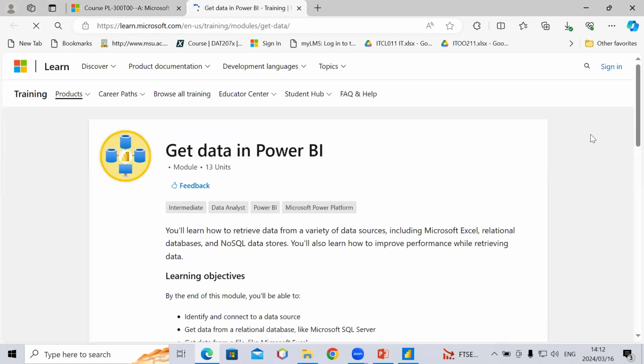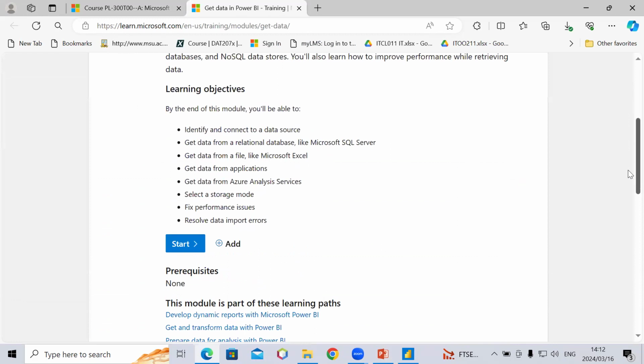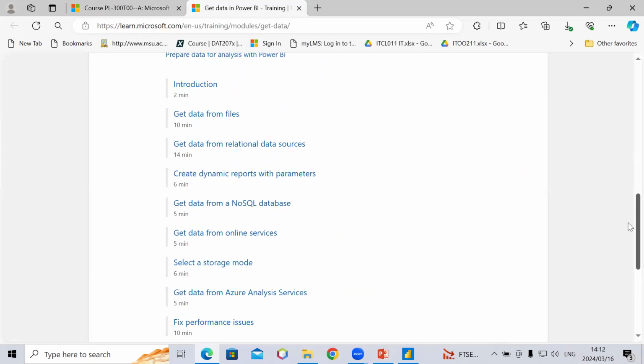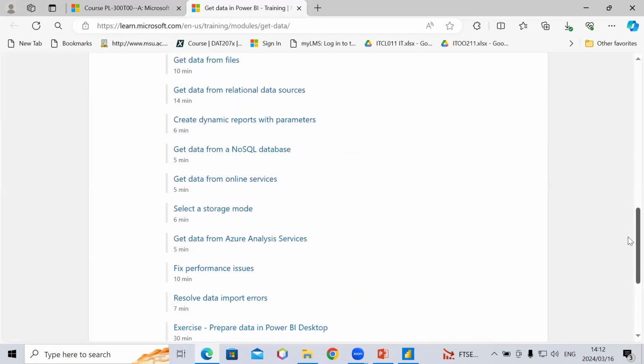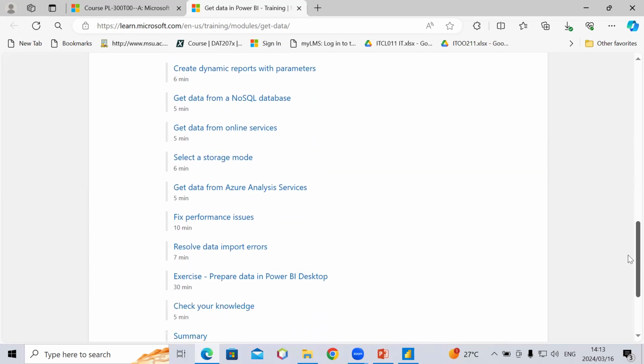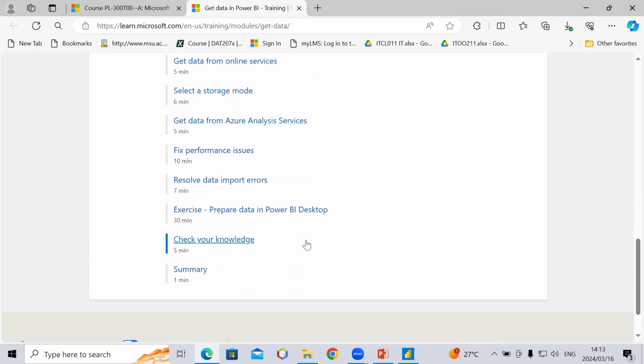When you click on it, I've spoken to you about the introduction, get data from files, get data from relational databases. So relational database is the primary key and the foreign key, and create dynamic report parameters. So the parameter, that is where we are seeing the placeholder values. Then get data from a NoSQL database like Cosmos DB. Then get data from online services like web, LinkedIn, GitHub. Then select the storage mode. Right, then get data from Azure Analysis Services, then fix performance issues, resolve data input errors, then exercise